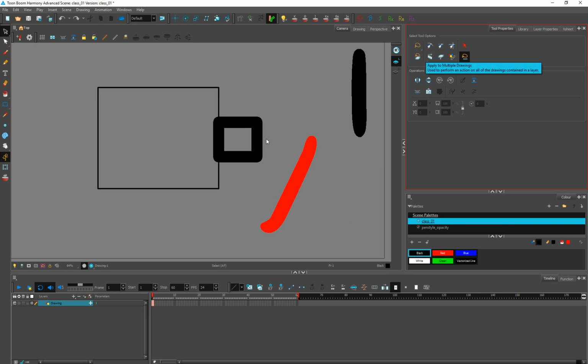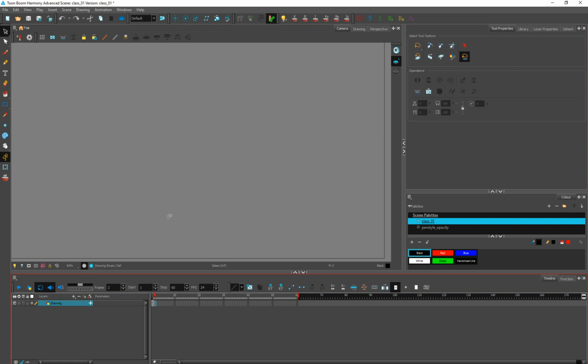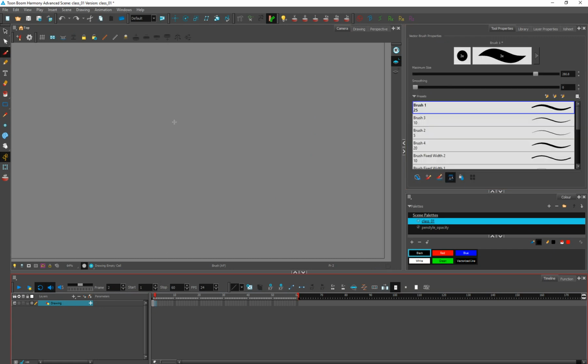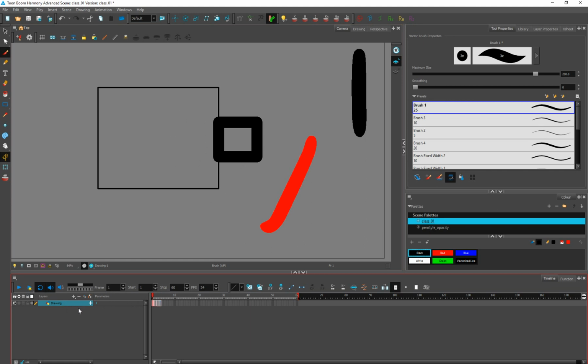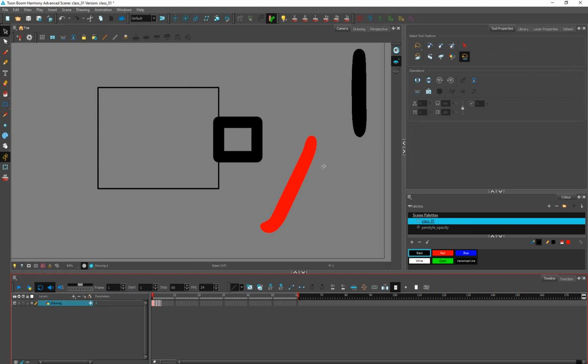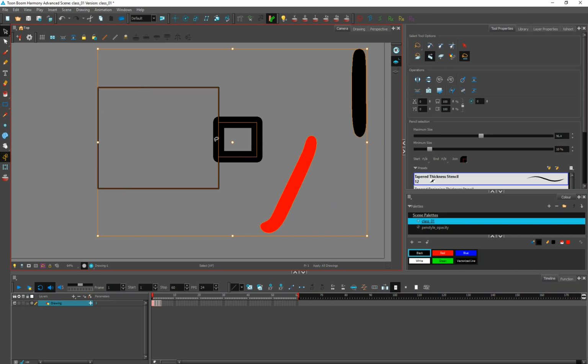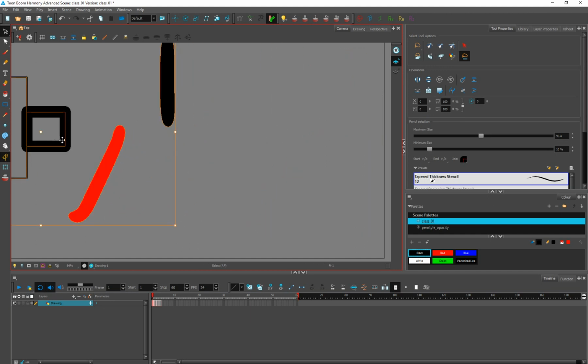Apply to multiple drawings is basically for when you have multiple drawings in your column. Let's say we create the same thing, 1 2 3. You have multiple drawings in your layer, and this is a line drawing of your character. You want to move the entire character towards the left side of the screen. If you turn on this option, called apply to multiple drawings, and you select the entire thing and move it towards the left,